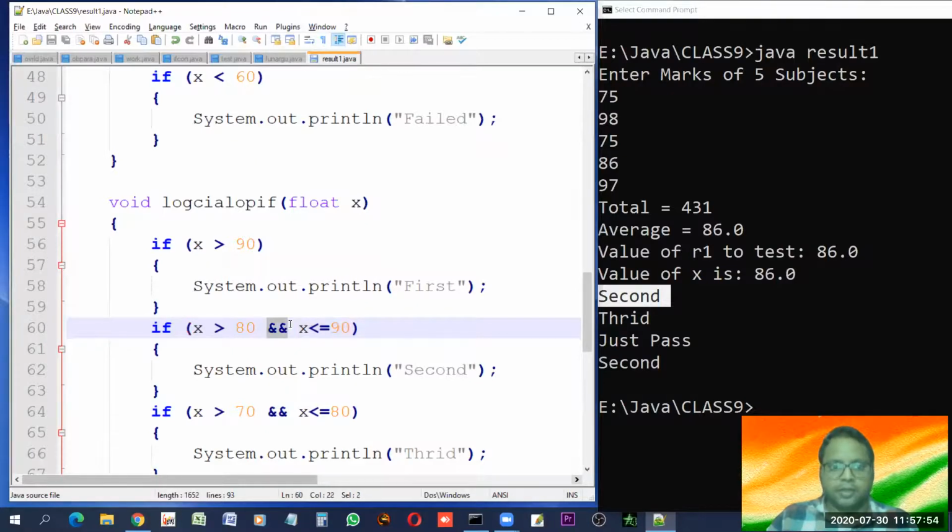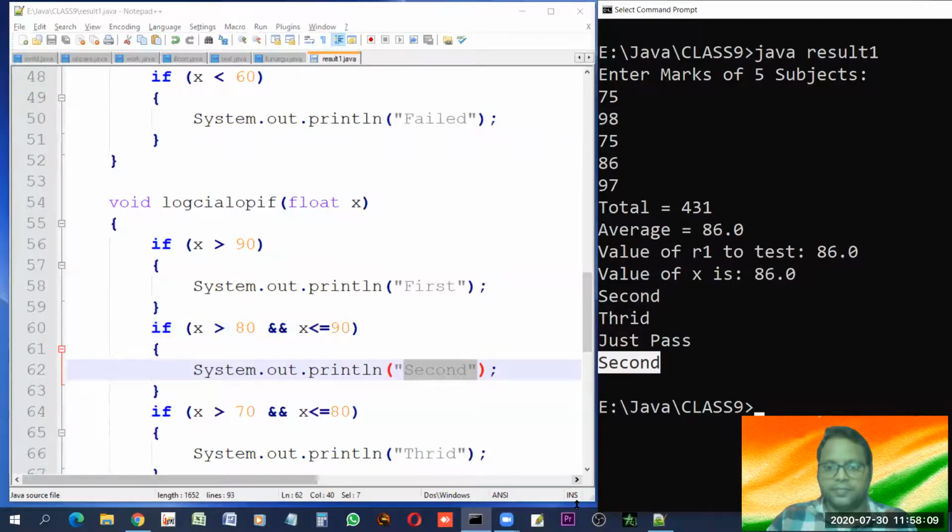So the AND operator, which we have already seen in our logical operator classes, is only true when all the inputs are true. So this is getting true, and this is also getting true. So the second option is displayed because of this. This is the correct way. Besides this,